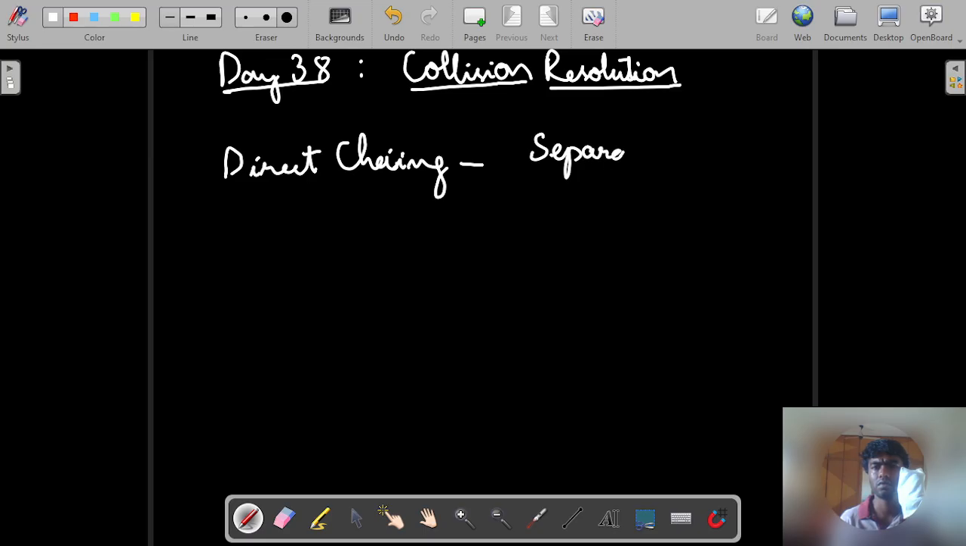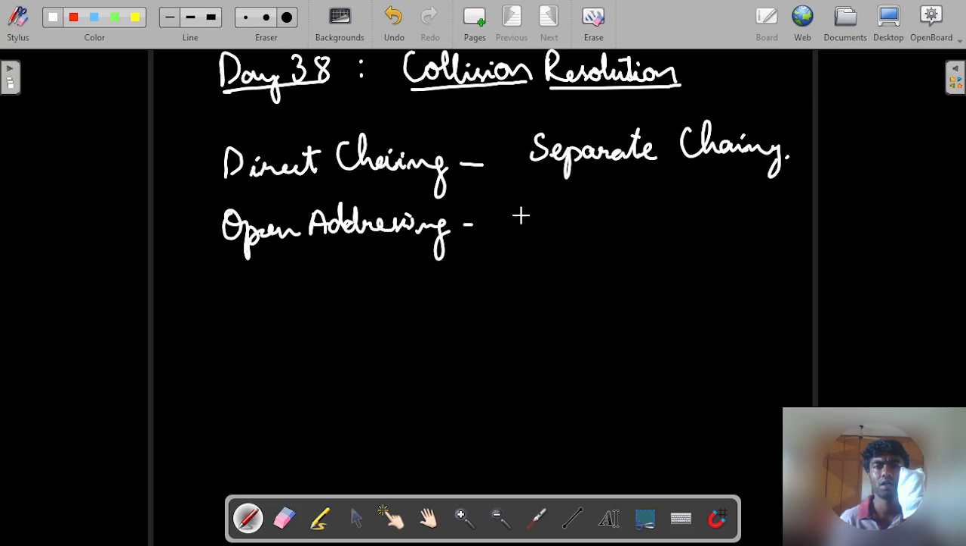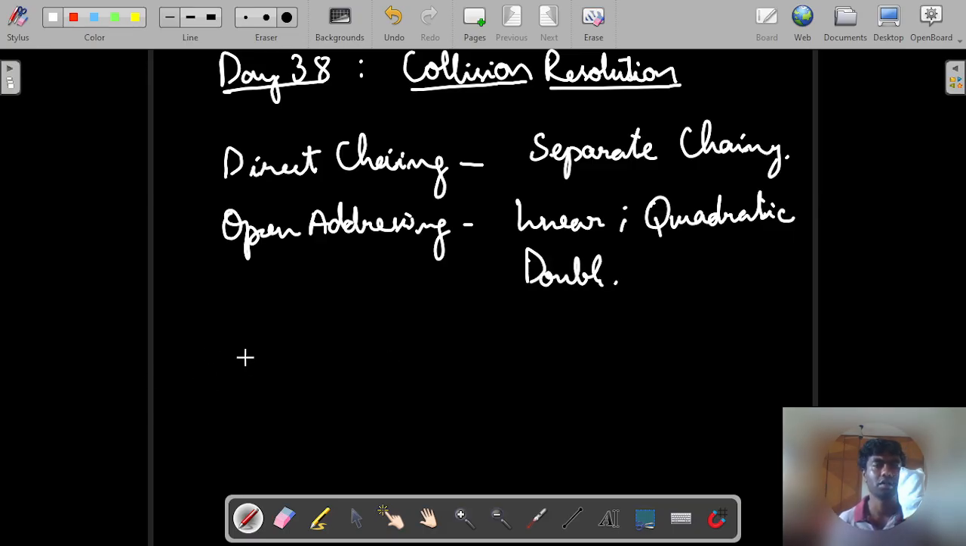Under this there is separate chaining. So we will talk on this one. And open addressing, here we have linear probing, quadratic probing, quadratic hashing, and double hashing. So these are the four key techniques. So in case of separate chaining,